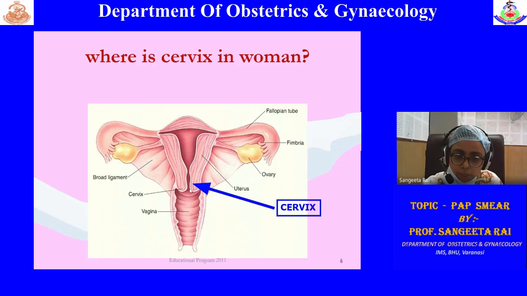This epithelium looks different when you examine under colposcopy. The columnar epithelium, which is a part of the endocervix, is bright pinkish in color, and the squamous epithelium is light pink to pale in color. So we can distinguish them by this color. But this transformation zone, which is the junction of the squamous epithelium and the columnar epithelium, changes depending upon puberty, childhood, reproductive period, perimenopause, and postmenopause.